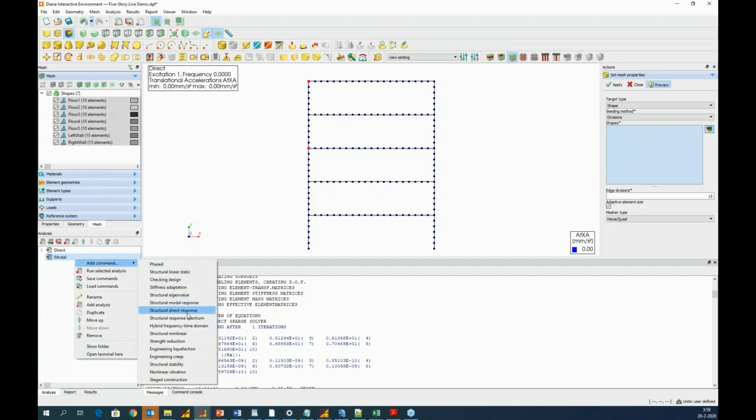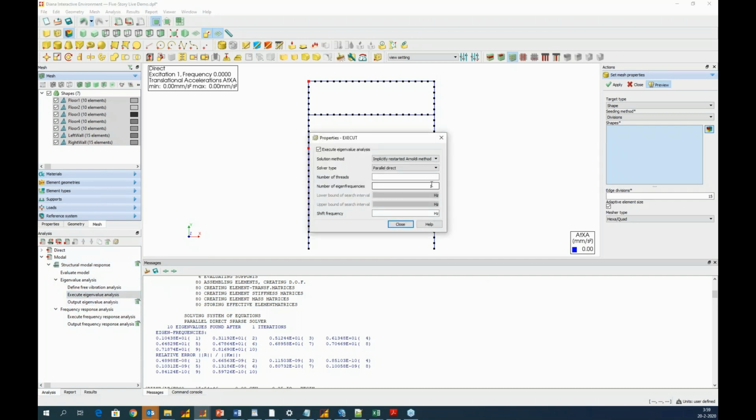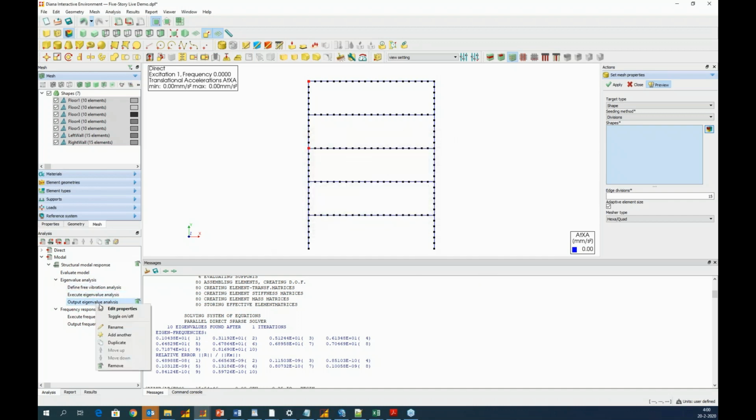So this will be a structural modal response. For the preliminary eigenvalue analysis, I'm going to ask for the first 10 modes, like we did for the direct one. I don't need the output, I know them, it's already something we have checked.